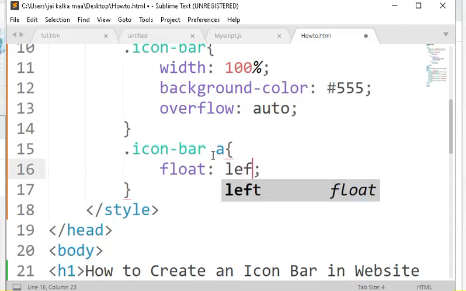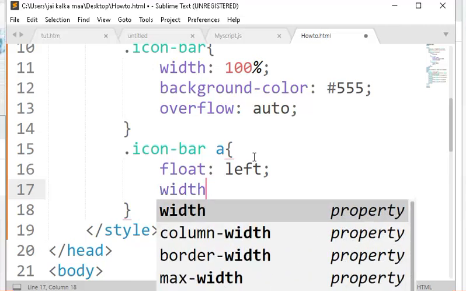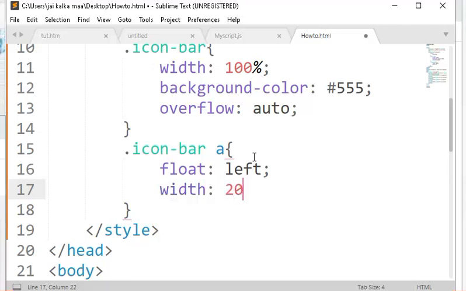Float is used if we want to make our website responsive. Whenever the width of the device is less, then all the elements where float is set as left will be shifted to the left side automatically. And the width will be 20%.